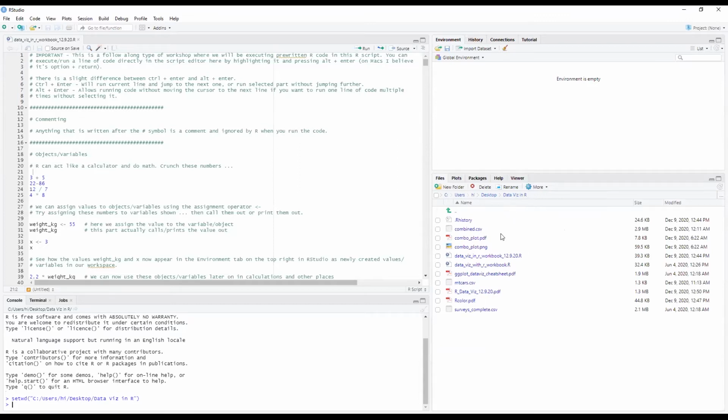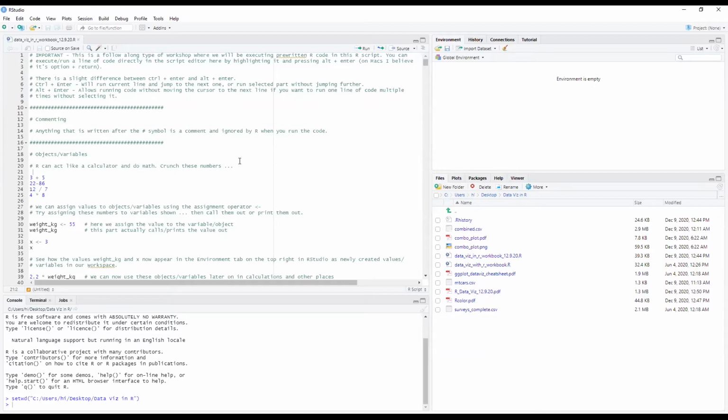Hopefully that makes sense. It's a little bit confusing, I know. I don't think there should be any issues with this for now. Just double click the R script file and hopefully it opens up and looks like this. I think we should be fine for now.